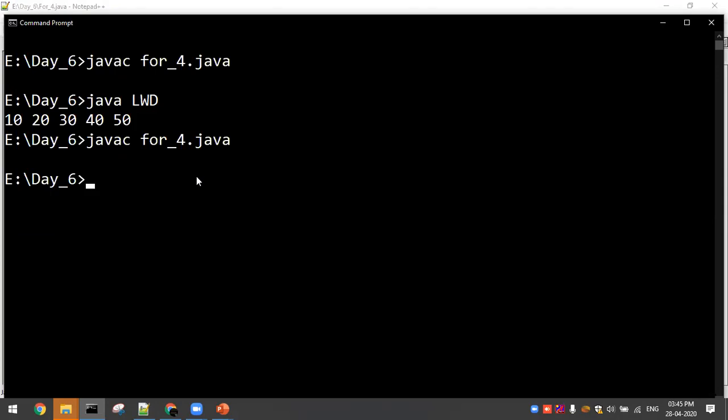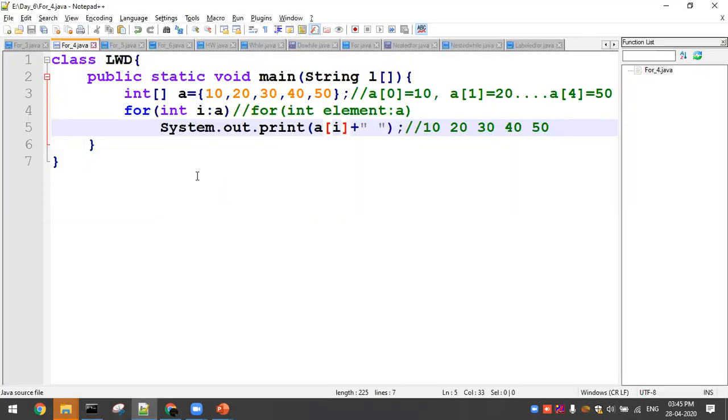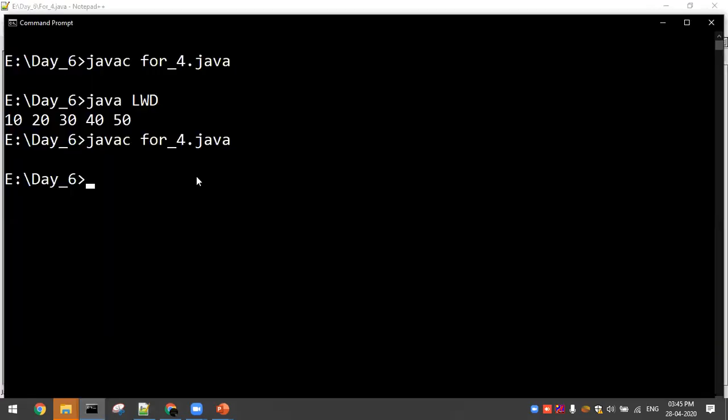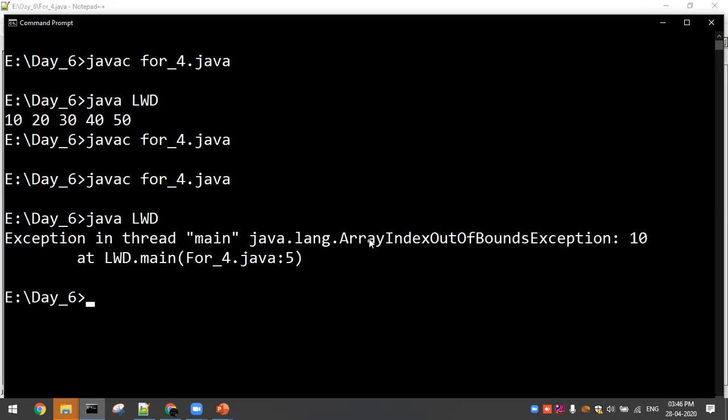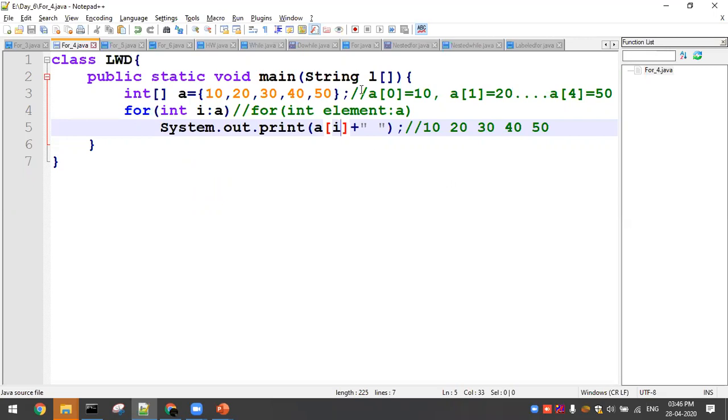One minute, I've saved. Yes, so during compile time you won't get an error. At runtime you will get an error, because at compile time the syntax and everything is fine.